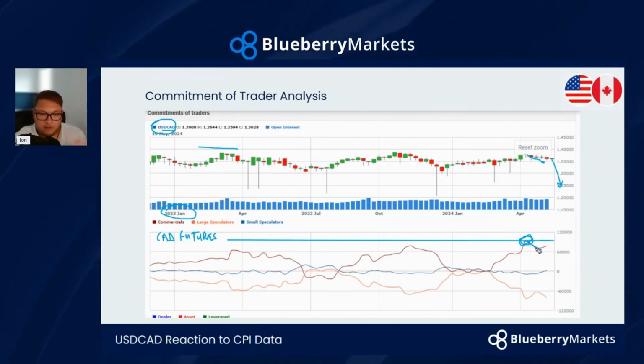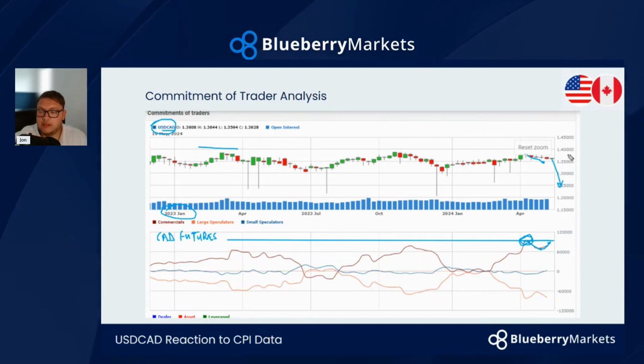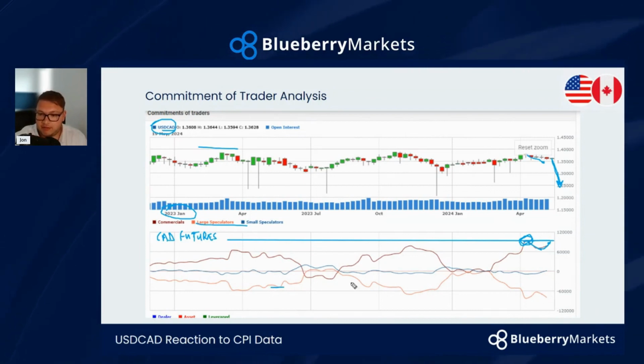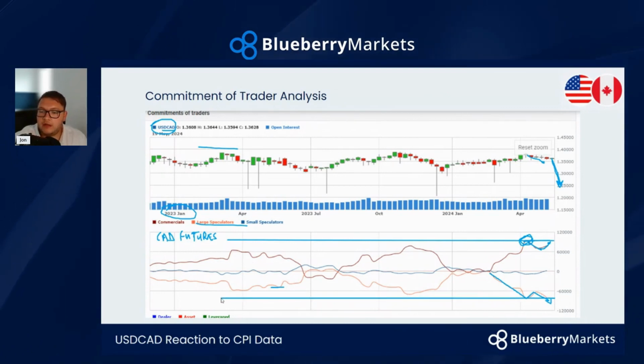They're obviously starting to offload some of those contracts, either reducing their long positions or increasing their short positions. But you can see we're actually starting to see a little bit of a curve back up in the commercial longs. So does that mean that we're going to see a little bit of a continuation in the dollar CAD price to the downside? Now, to reflect that a little bit easier to follow, large speculators is the orange line. They follow price, and you can see here that we are moving lower. If I look left as well, they are shorting at levels we haven't seen for a while. So that tells me that maybe there is still a little bit more downside to come in the dollar CAD price.